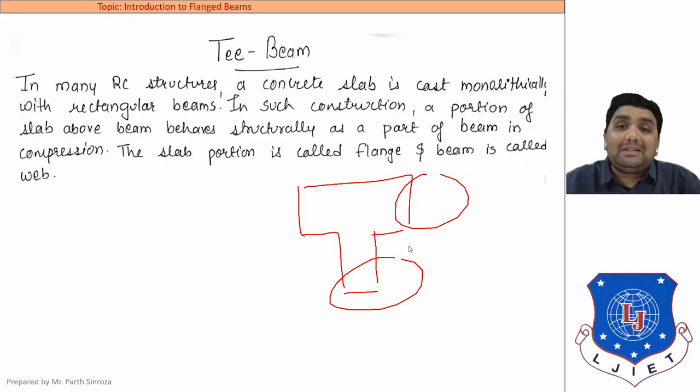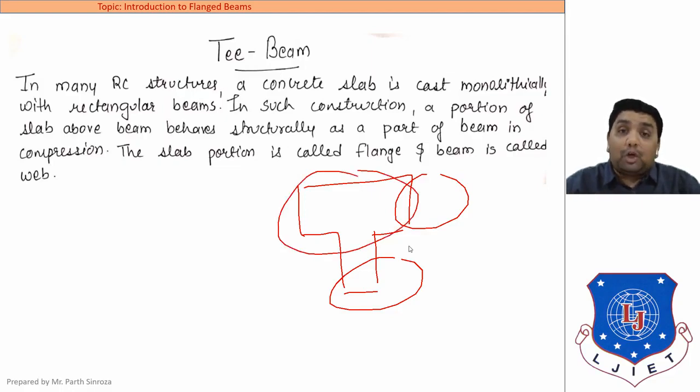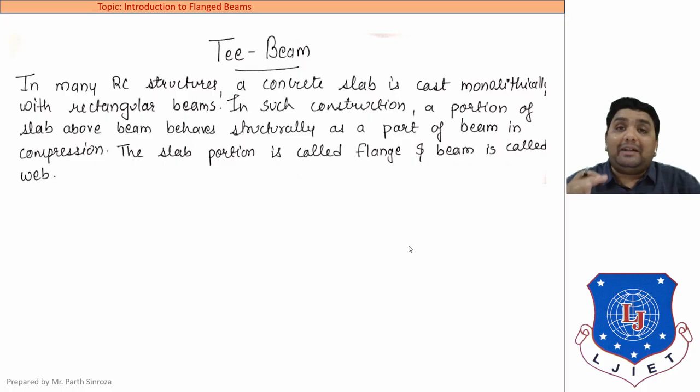In the recent construction scenario, this beam is preferred over the two cases. That means T-beams are cast at regular intervals rather than casting a singly reinforced or a doubly reinforced beam. Why so? Because it is a monolithic structure, so the concrete pouring in the slab and in the beam can be done simultaneously. That reduces the overall construction time, so it is the most preferred form in recent scenarios.